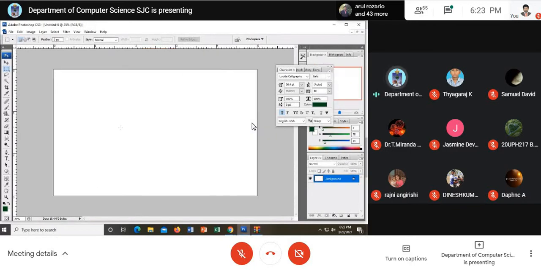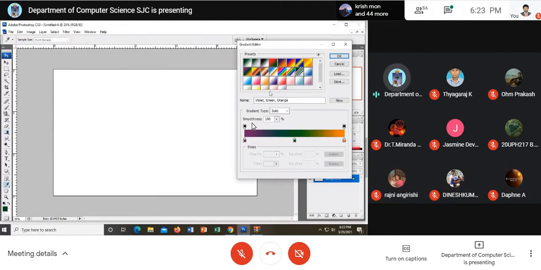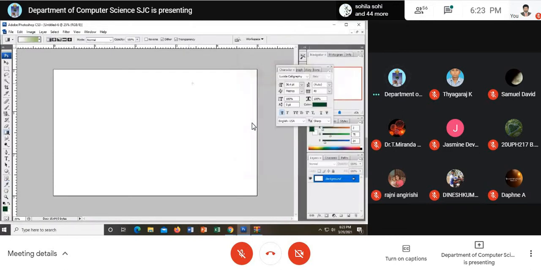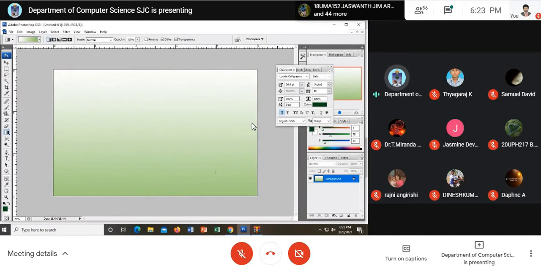I've got the file. Now I want to design. I can choose my own design, or I can take it from the internet. For the time being, I would like to go for my own design. I just take it like this, for example, a green and white background. Right.